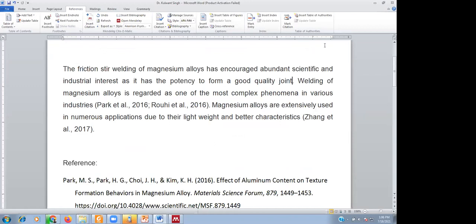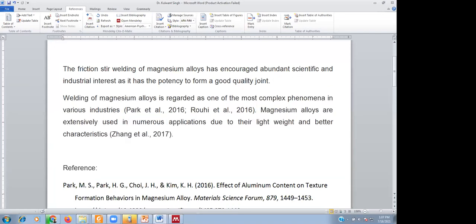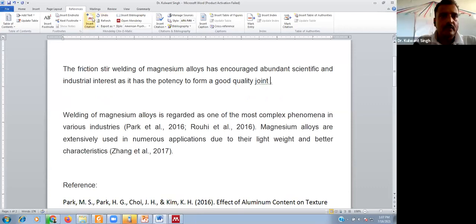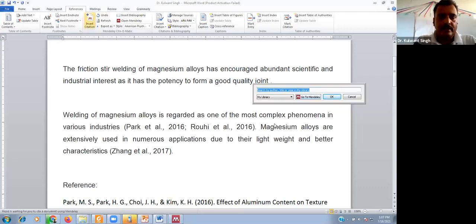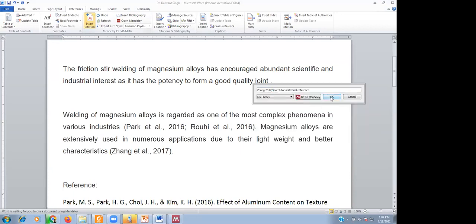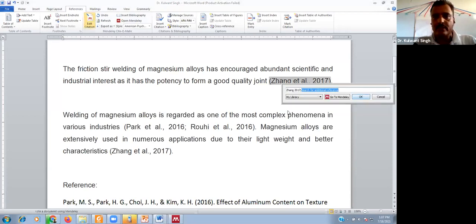So suppose you want to add the citation here, and you have clicked here, you search any particular reference. Now your query is that you want to add the page number and any other things with this document.